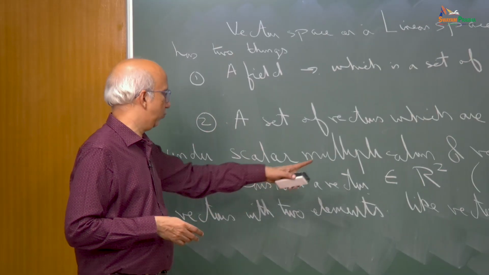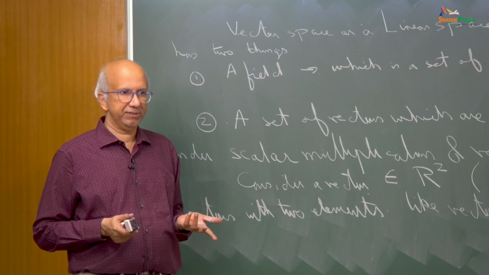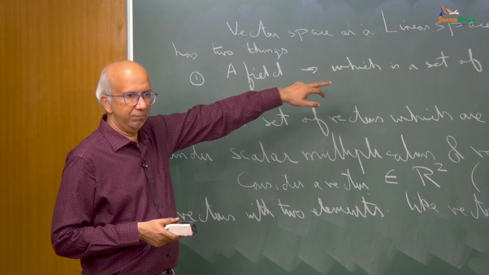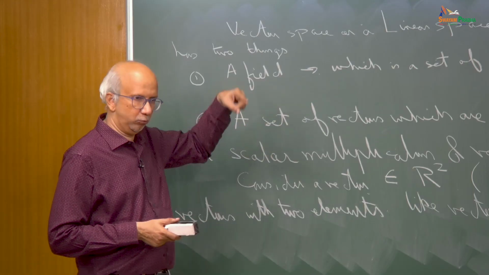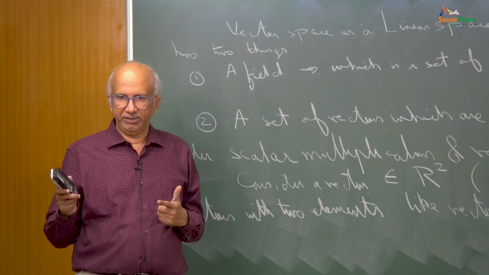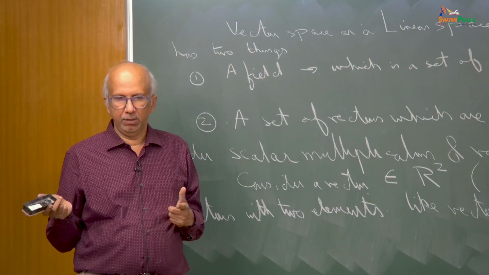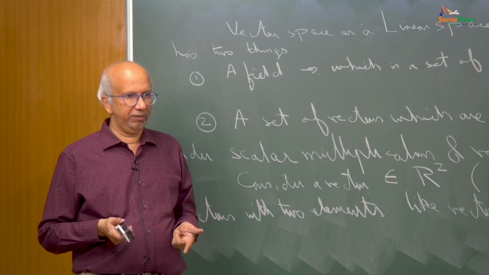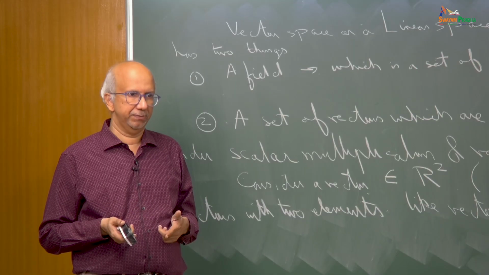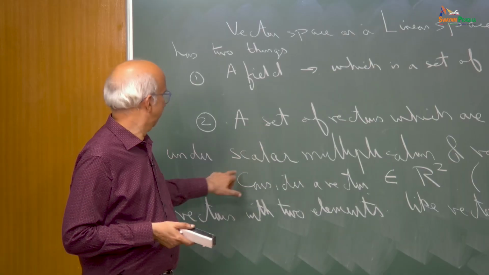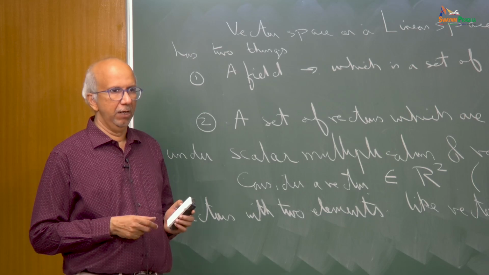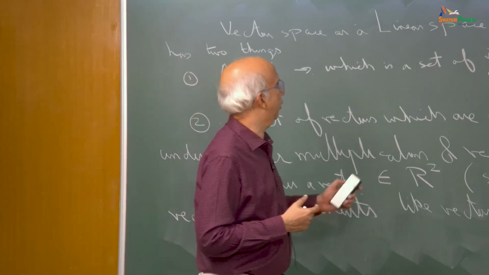So, this R2 basically is a vector space, because it has a field which is, let us say, real numbers, vectors which have two coordinates. Add two vectors with two coordinates, I get a third vector with two coordinates with real numbers. Multiply by scalar, I get another vector with two coordinates, which are real. Again, it belongs to the same space. So, it is closed under scalar multiplication and vector addition. That is the basic idea of a vector space or linear